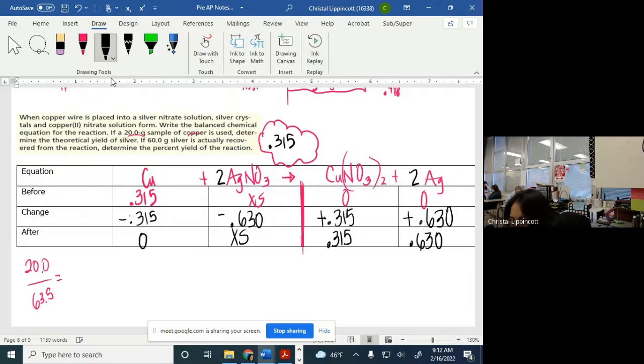All right. So we have made this much silver. That's in moles. What do I need to do with that mole amount? Right, so I got to find the mass on the periodic table for silver. So times 107.9 equals